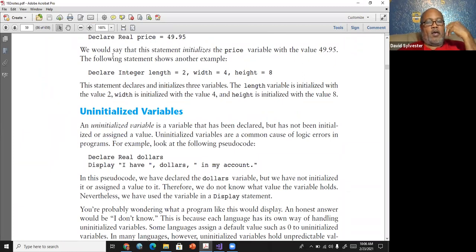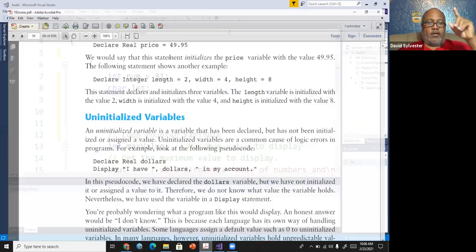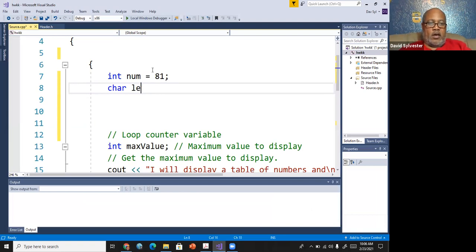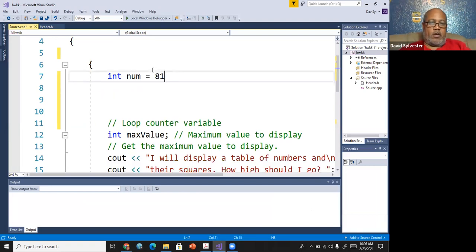Now, if you notice here, you have more than one variable being initialized, and sometimes students get that confused. I'll give you an example. If I do something like int num equal 81, x equal 5, y, z. Now, if we look at this statement, we have num equaling 81.